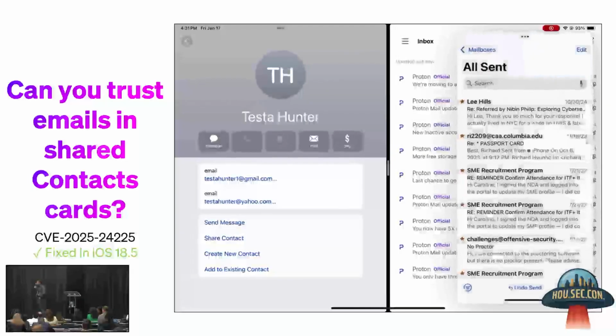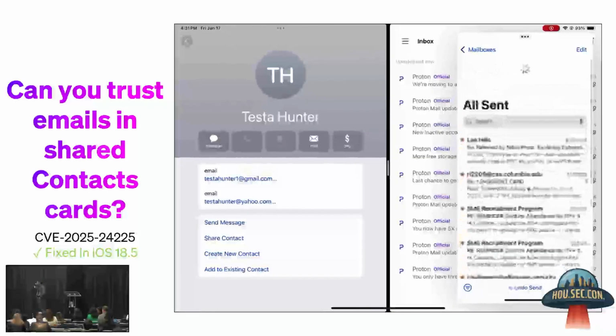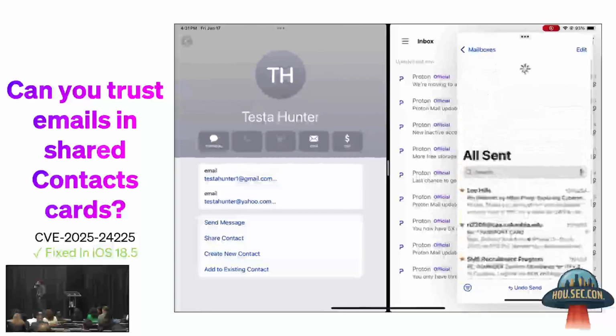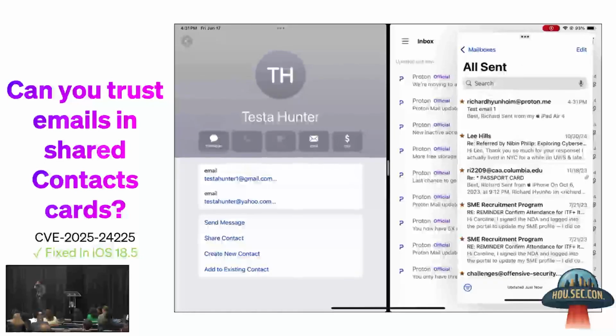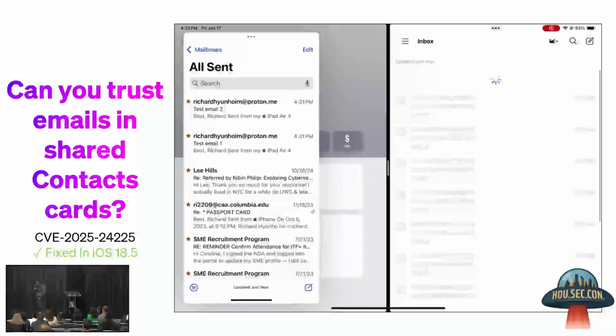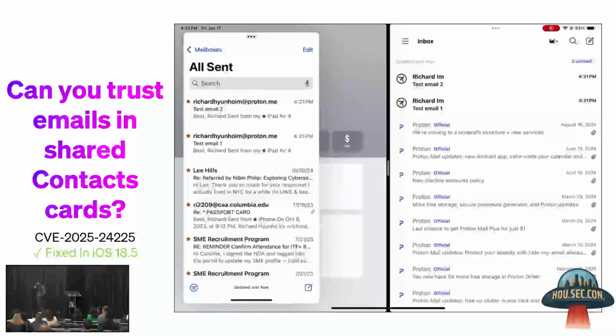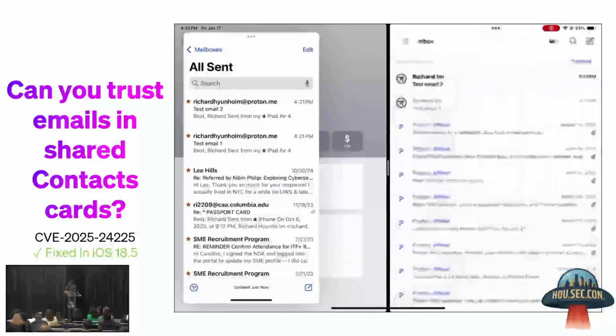Okay, and then that looks okay. And then if I refresh my sent folder, oh, I didn't send it to that email, or did I? Right, so that's very strange. So how the hell did that happen? Okay, so basically,